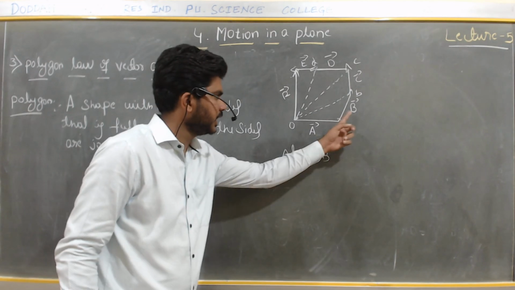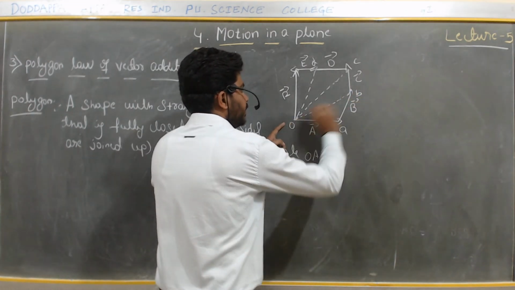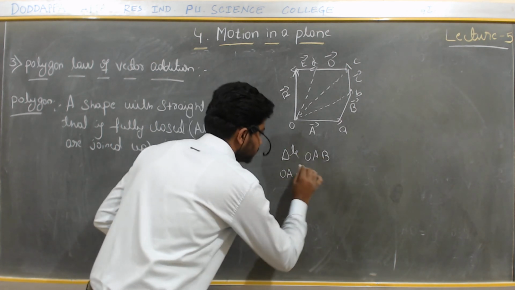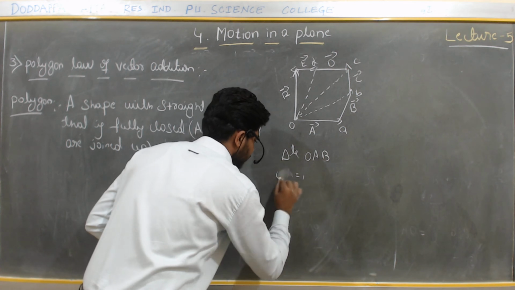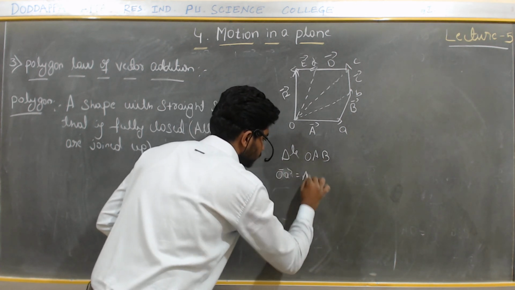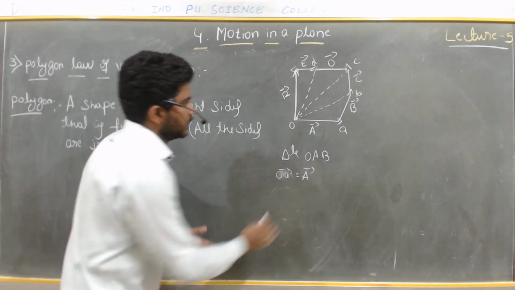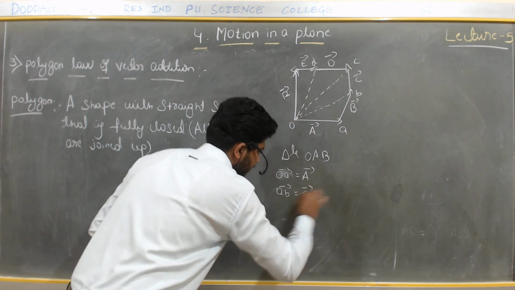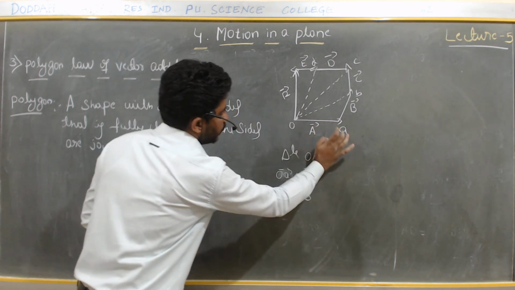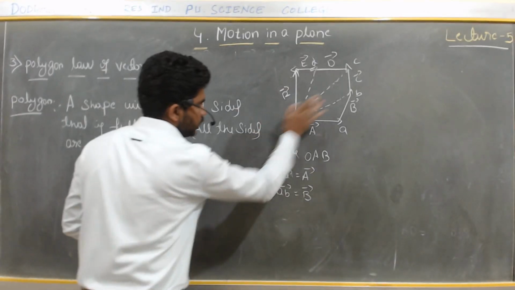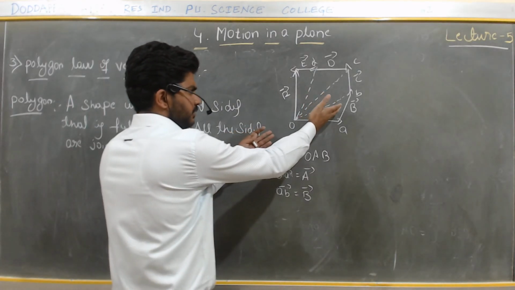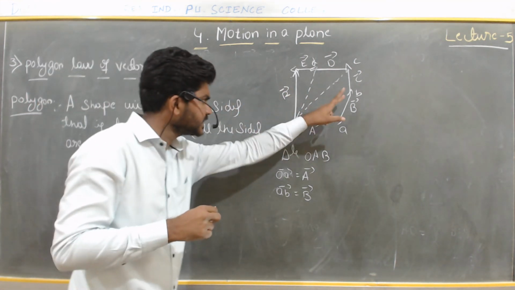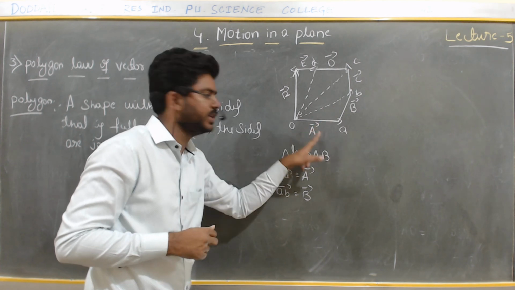We have two sides, vector A and vector B. The resultant vector should be OB. So I will write OA is equal to what? Small a. OA vector is equal to vector A. Right. Next, AB is equal to vector B. So for this triangle OAB, the resultant side will be OB. See, the same thing we are doing, that is the triangle of vector addition. Simply I have drawn one line to get the resultant of these two.